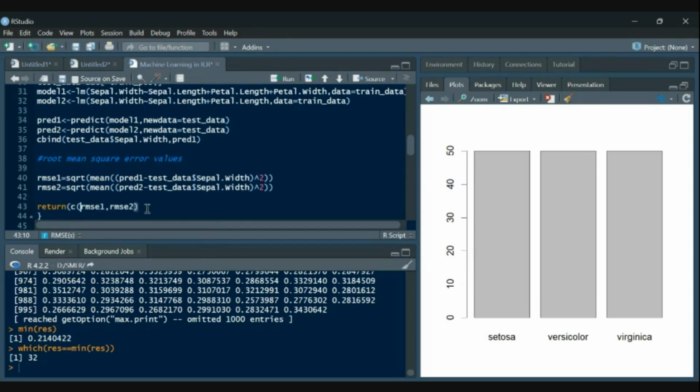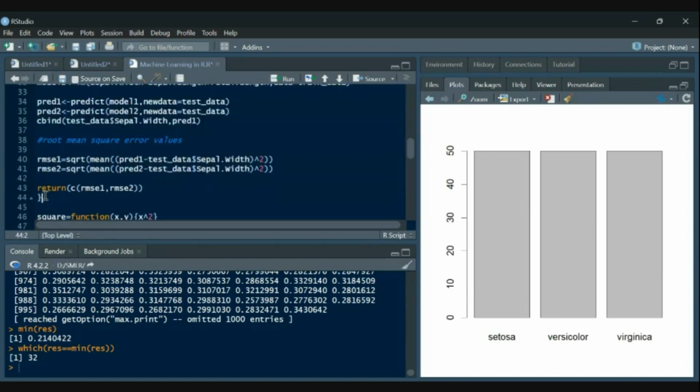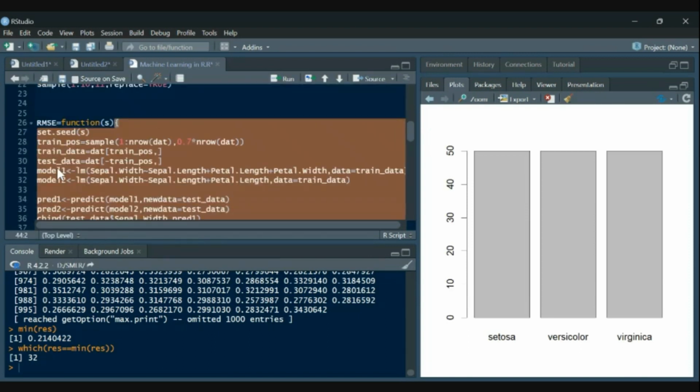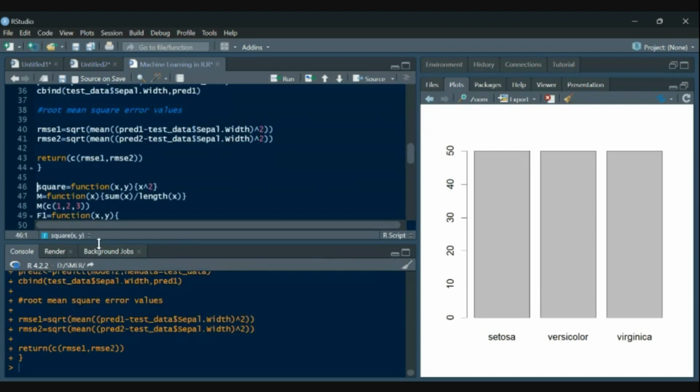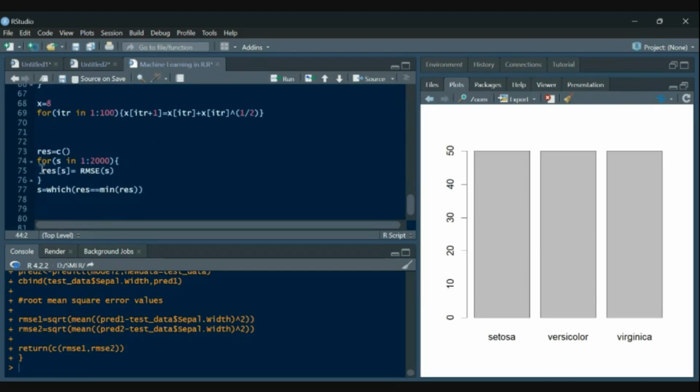This should be in vector form. So now when I run this code, it will run the whole code up to this point. Then I ask R to give RMSE for, let's say, 1, 2, 3.